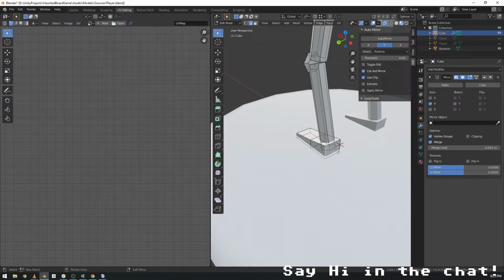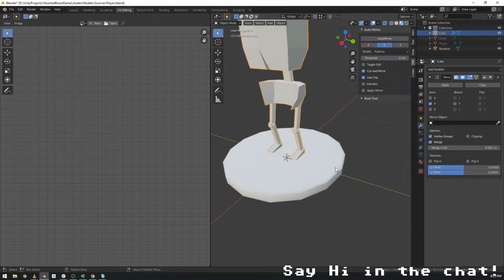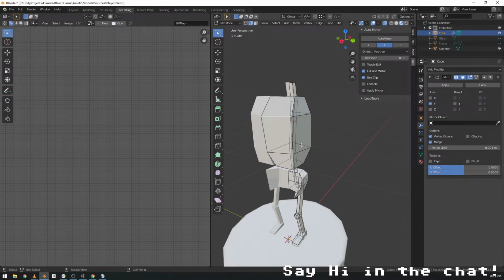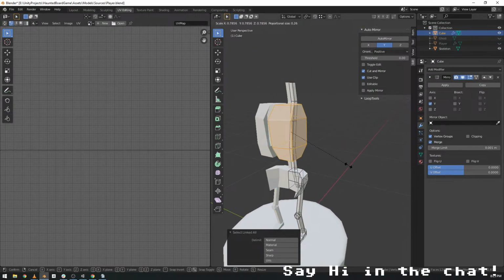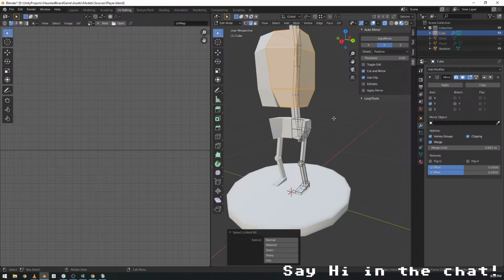I'm gonna throw a bevel on here just to. Alright, skeleton's wearing slippers. And he has tiny feet and legs. Alright, that chest needs to scale down just a tad, but we need to clip. And